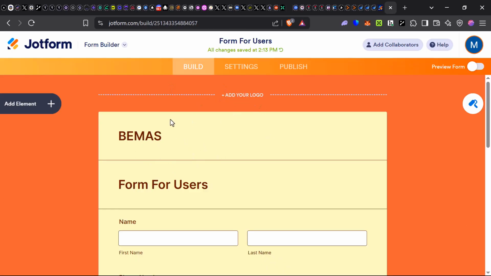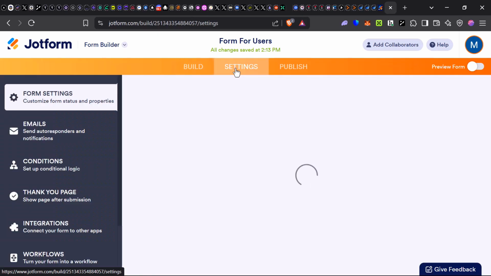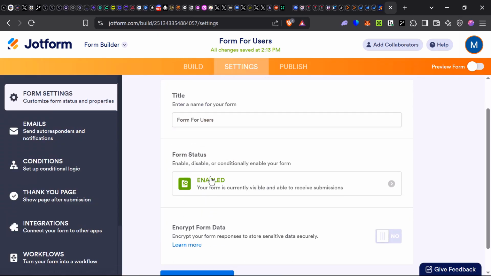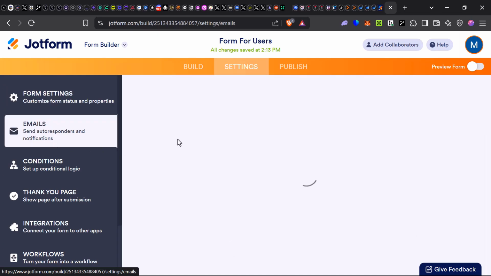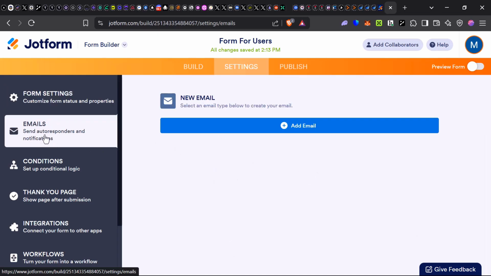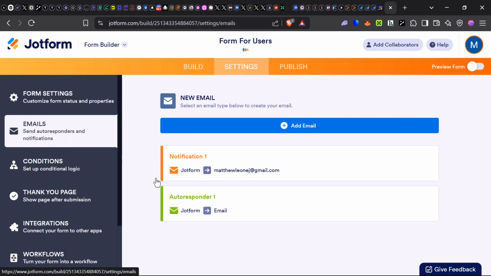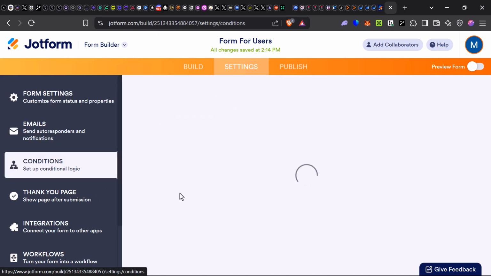Okay, so once you're done with the form builder, you can now move to the settings tab of your form, and then you can edit the title from here. You can enable, disable, and conditionally enable your form. Your form is currently visible and able to receive submissions, so you can turn that off. You can encrypt data if you need to. You can add email, so you can send autoresponders and notifications. You can set up conditional logic,